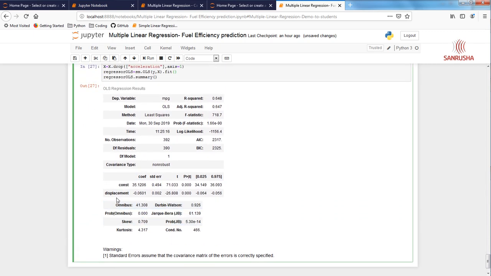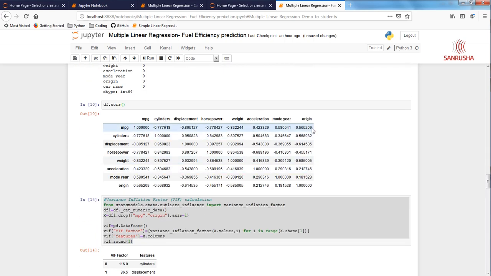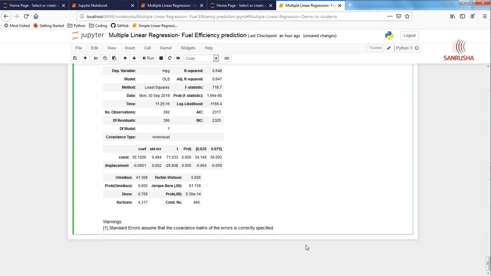We have to play around with only one variable, displacement. Look at this. We started with 8 independent variables, but when it comes to creating our model and passing to that model the variable which has a strong effect on our target variable, we are left with only one, and that is displacement. That is the wonder of data exploration. You are on the right path, my dear friend.